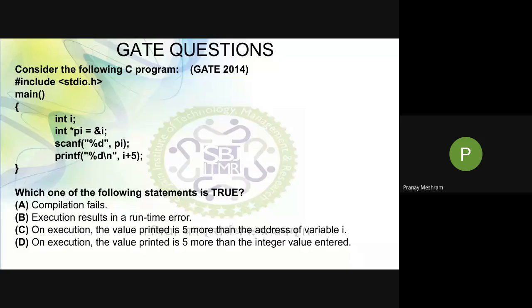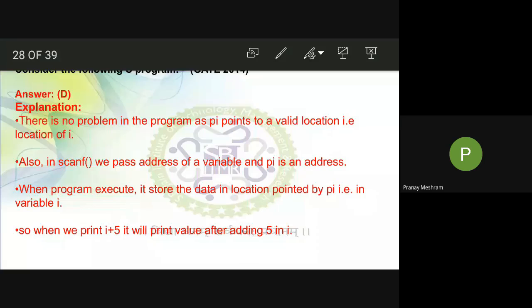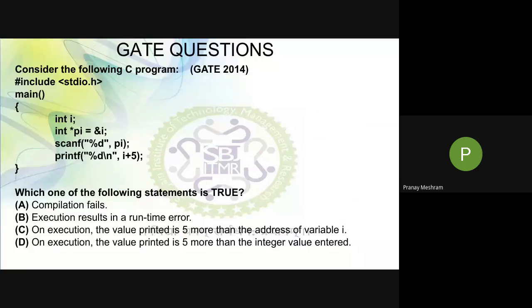यहाँ पे अगर आप एक ही चीज़ ध्यान से समझेंगे, तो पहले तो मैंने बता दिया आपको कि पीआई इज पॉइंटिंग टू द वैलिड लोकेशन बिकॉज पीआई इज होल्डिंग द एड्रेस ऑफ आई, तो स्कैनएफ में कोई प्रॉब्लम नहीं है। दूसरी चीज़ है कि प्रोग्राम सक्सेसफुली एग्जीक्यूट होगा, क्योंकि उसमें कोई एरर नहीं है। जो भी डेटा आप इनपुट में लोगे वो पीआई के थ्रू आई में स्टोर होगा, बिकॉज पीआई इज होल्डिंग द एड्रेस ऑफ आई। तो डेटा आई में स्टोर हो गया और आपने फिर प्रिंट किया I+5,